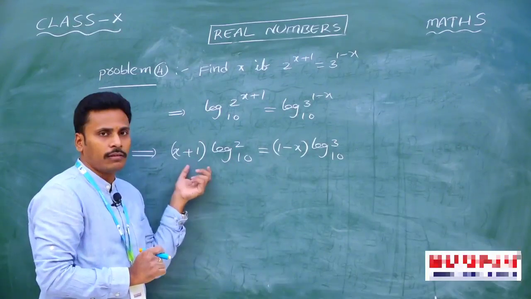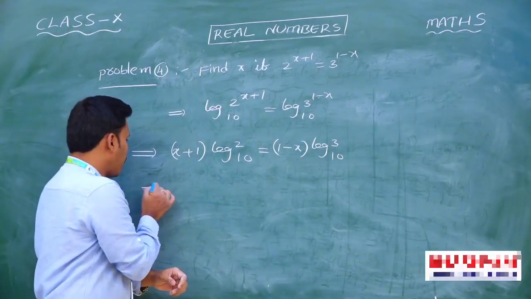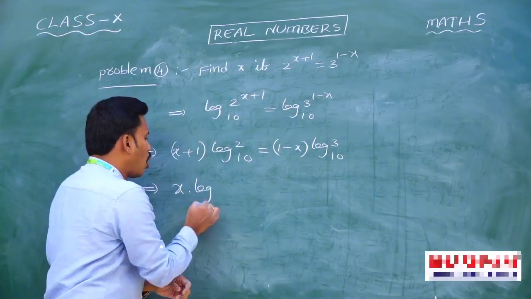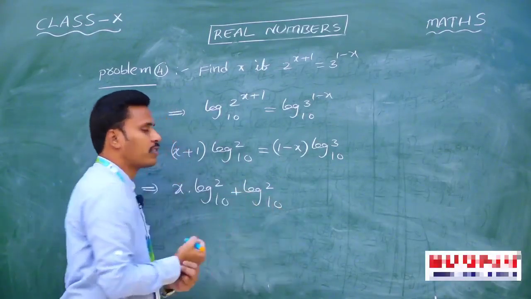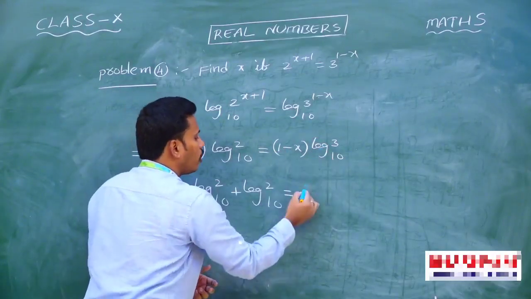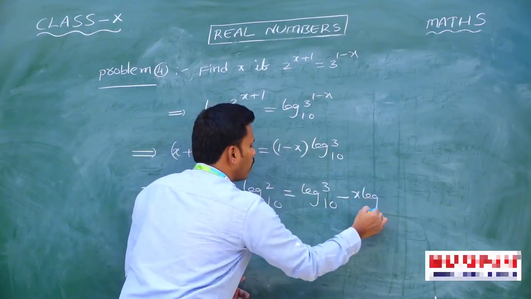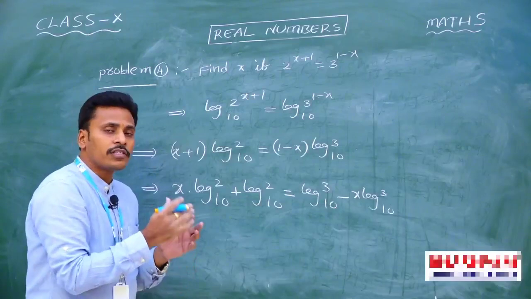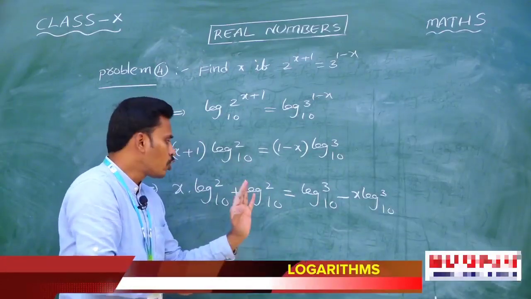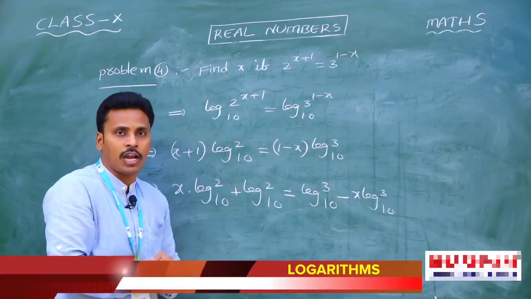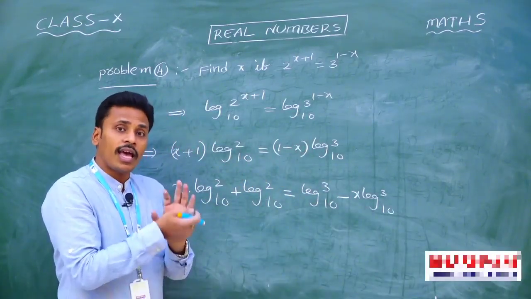That's why we need to make x the subject. First of all, you just multiply log 2 base 10 with x and 1, and here also log 3 base 10 with 1 and x. Okay? And in the next step, x times logarithm of 2 base 10 plus 1 into logarithm of 2 base 10 is equal to 1 into logarithm of 3 base 10 minus x into logarithm of 3 base 10. Since I need to find x, collect the x terms on the left side and the remaining on the right side. So send this log 2 base 10 to that side, it becomes minus log 2 base 10, and collect this minus x log 3 base 10 on this side, it becomes plus x log 3 base 10.